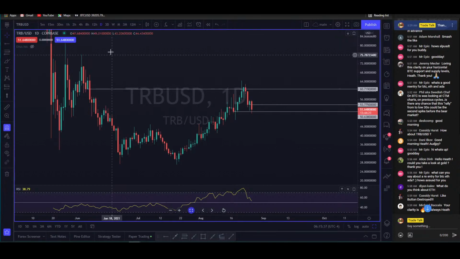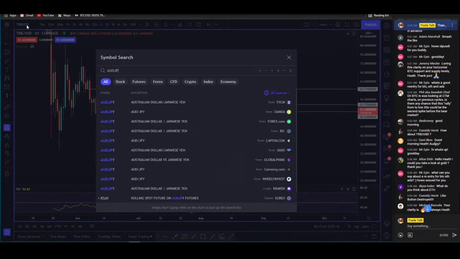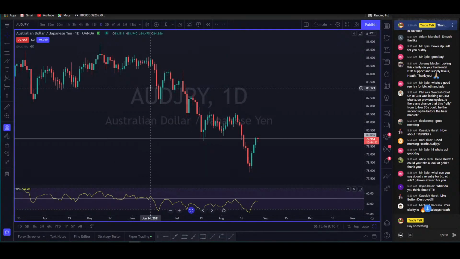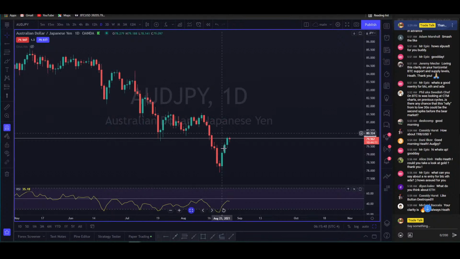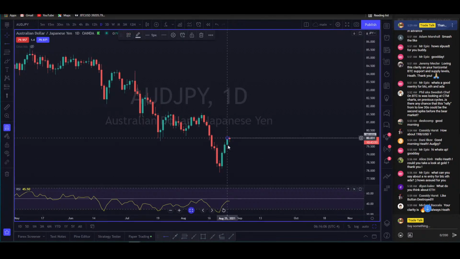About Aussie Yen, says Danny Okov. Absolutely, let's go look at it. Oanda. Yeah, it looks similar to Aussie dollar. So you're getting ready to test that. But you're probably looking for intraday price action. So let's push this up here. Let's just get rid of it and get a new one. So that's resistance.